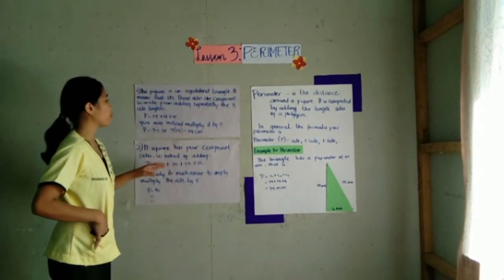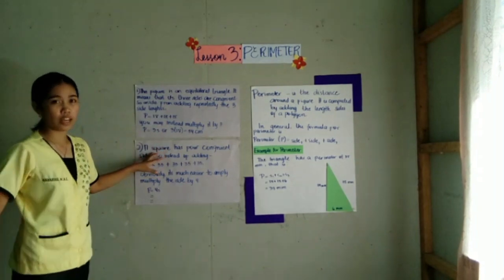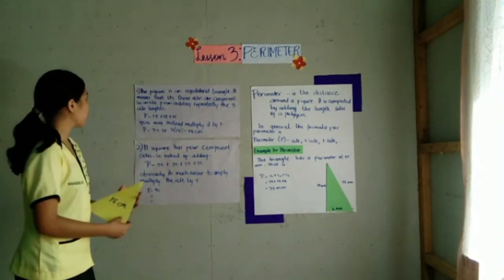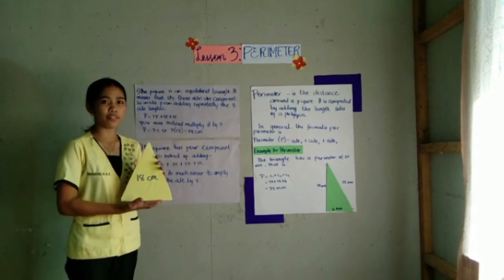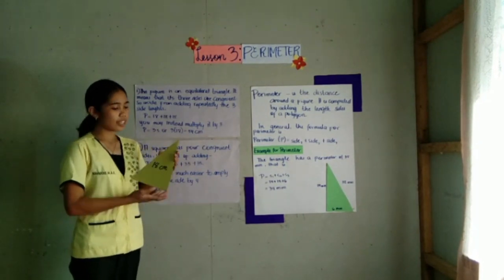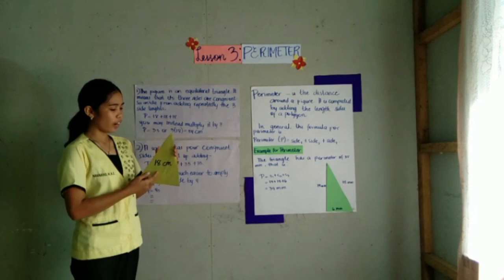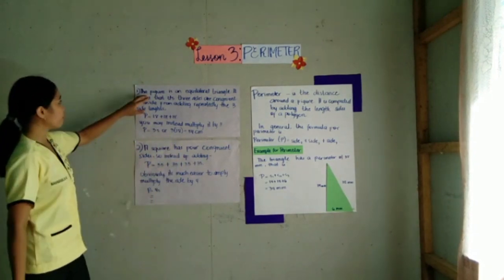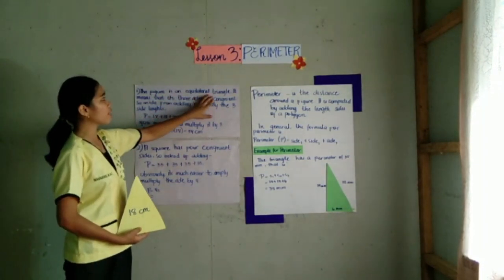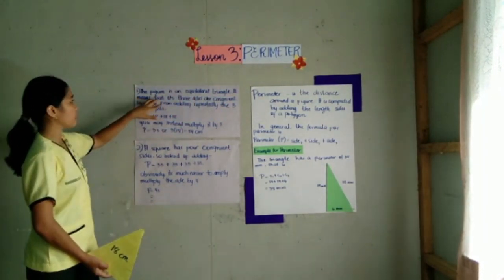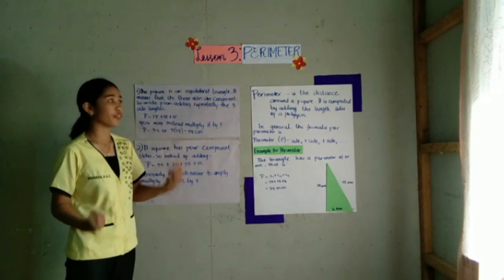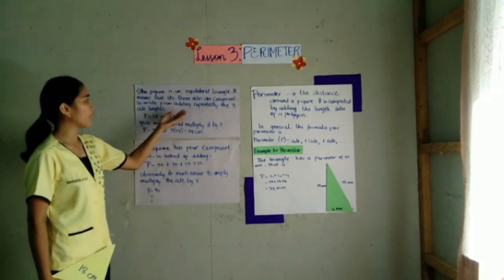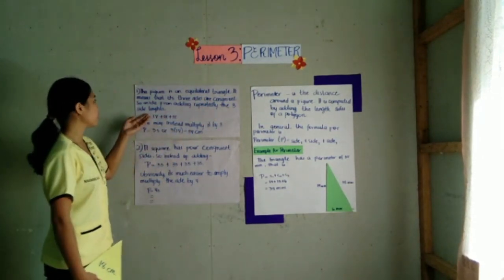So here is another example. First is this figure. What is this figure? Yes, it is a triangle. This triangle has sides of 18 centimeters. So the figure is an equilateral triangle. It means that its 3 sides are congruent. So aside from adding the 3 lengths repeatedly,